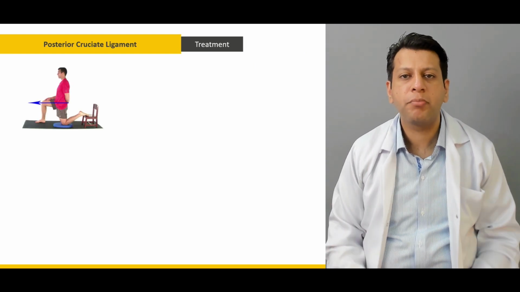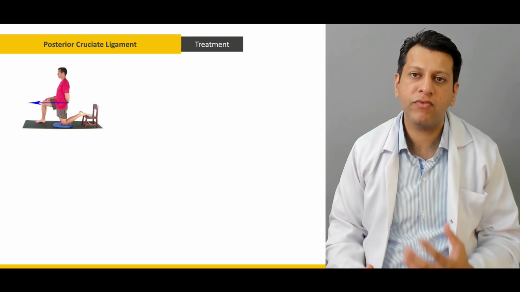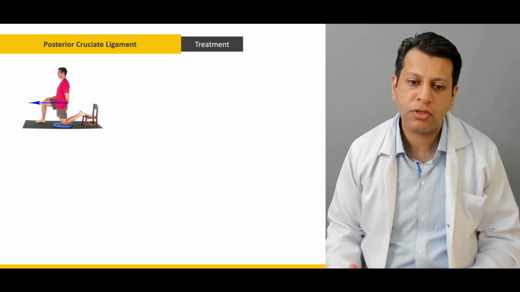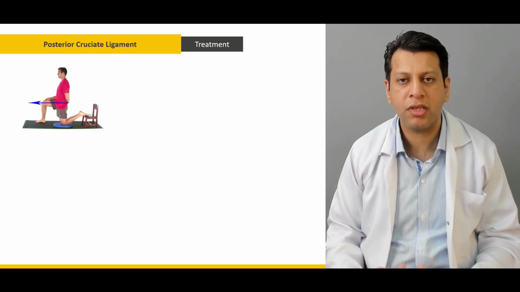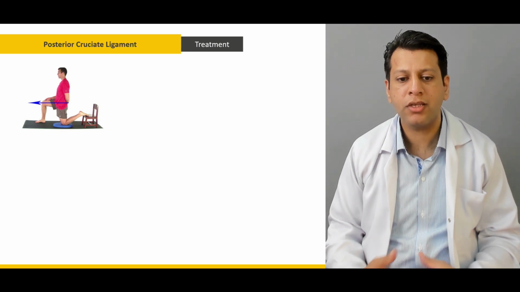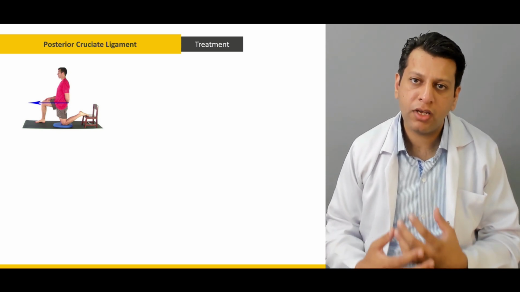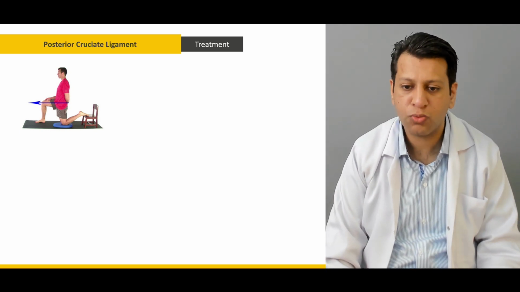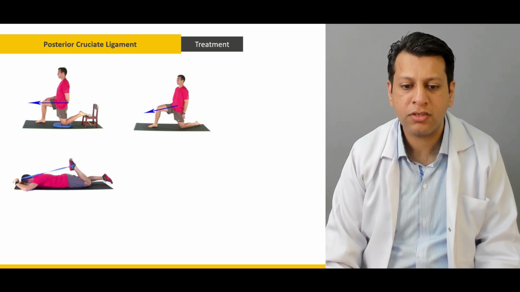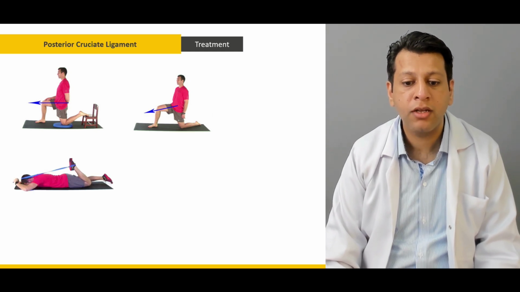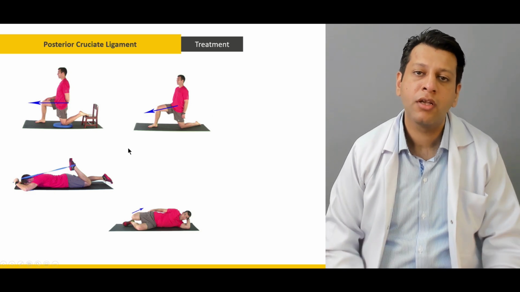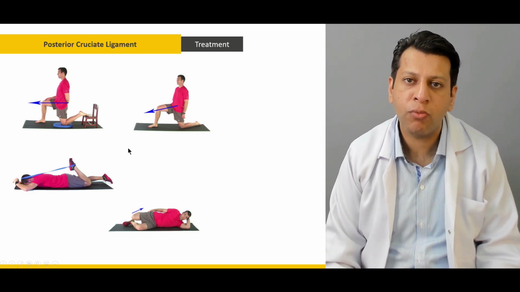Now, initial treatment of the PCL: if the ACL is intact and there's an isolated PCL injury, then first and foremost we start with the rehab of the patient. The patient can be given analgesics, rest for a few weeks, and then we can start with the rehab. Mainly it's the quadriceps strengthening exercises such as this one, and these are some of the exercises. Then there are certain squats as well, and as you can appreciate, these are the hamstrings strengthening exercises. These are the quad strengthening exercises, and usually in grade 1 or 2 tears, that is more